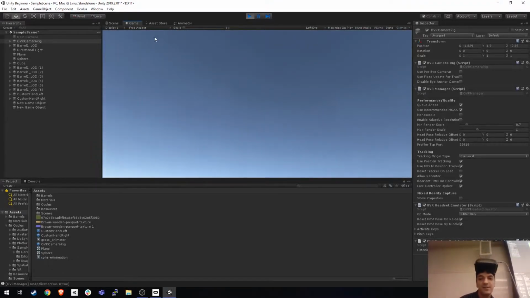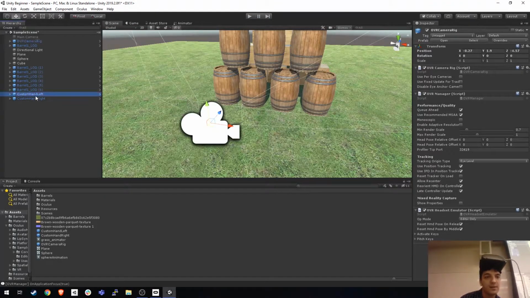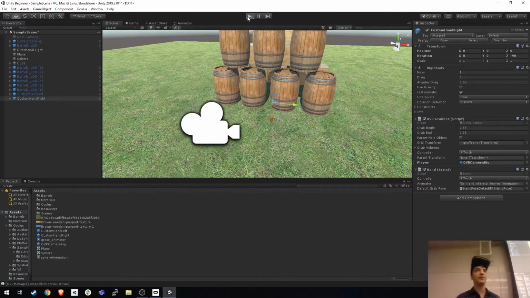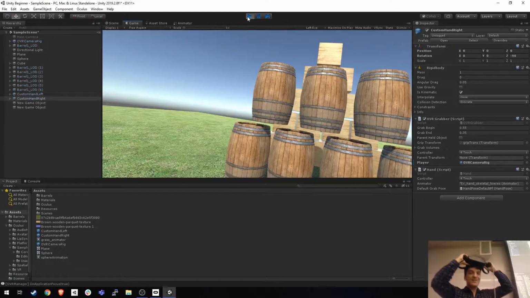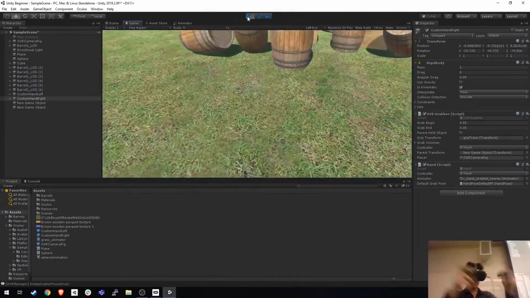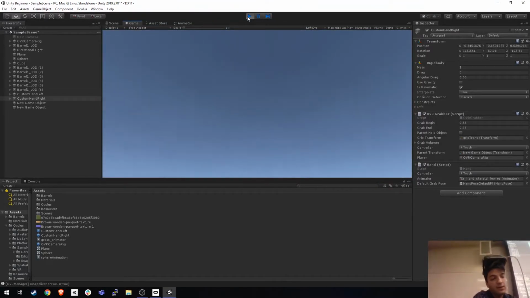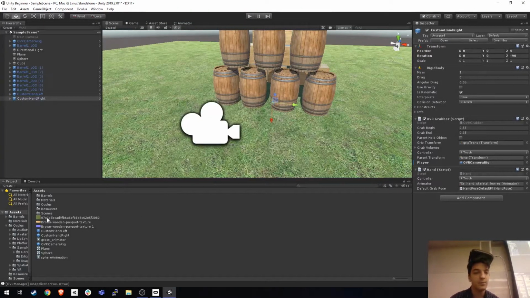The settings. Let's see here what we got. Custom hand left. Custom hand right. Pull the camera rig in. That sound that you hear, that's the Oculus Home. It's just like a living room setup inside the Oculus. Nope. So sometimes what will happen is when you pull stuff from a sample project,